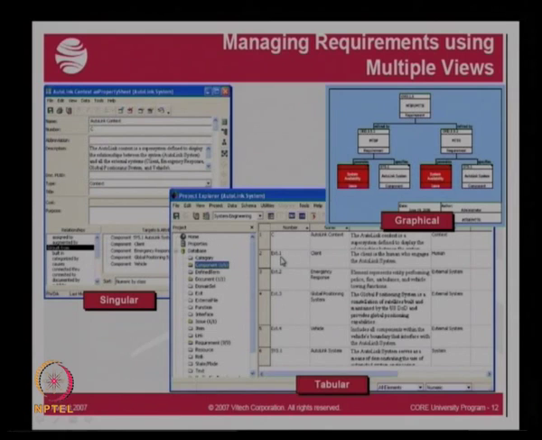If you want to go into the details of a requirement, you can click on it and it will come up in a singular format. This is possible because the software allows you to save the requirements in different formats, singular, graphical or tabular, and that helps you to have proper control of the requirements.